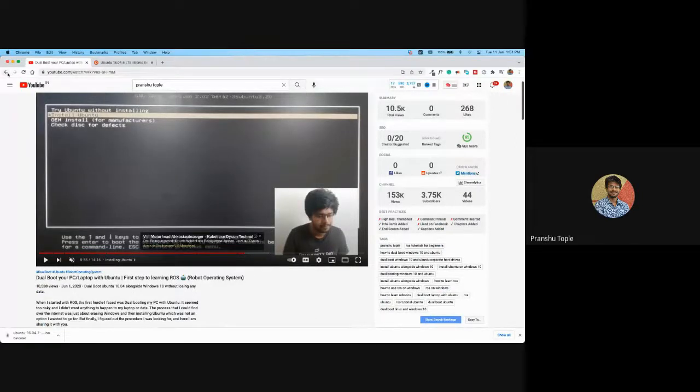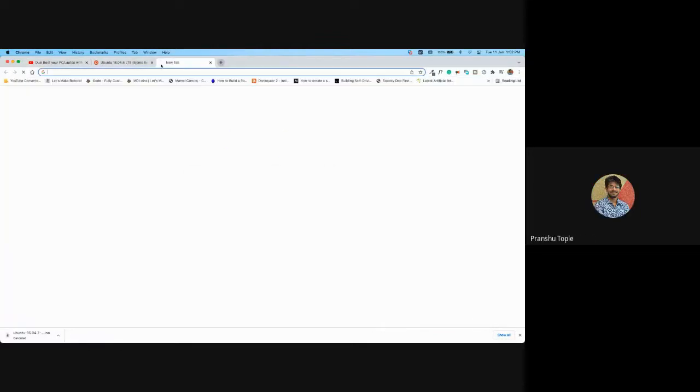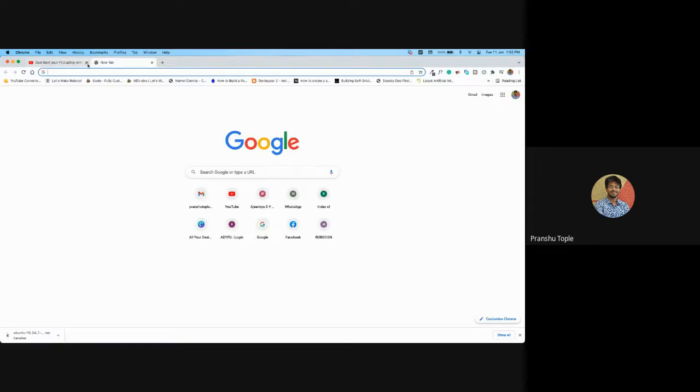This is one option. The second option is using VMware, a virtual machine. If you are using a virtual machine, I guess Shubham already told you yesterday how you can download it. The RAM and everything gets divided, so it will become slower. Exactly. And there is one more, a third option, which is to use cloud computers.